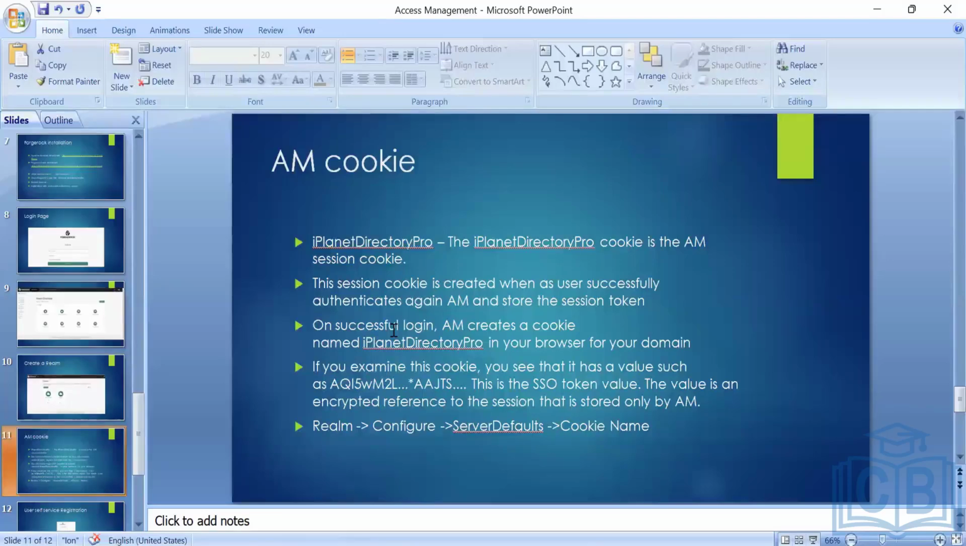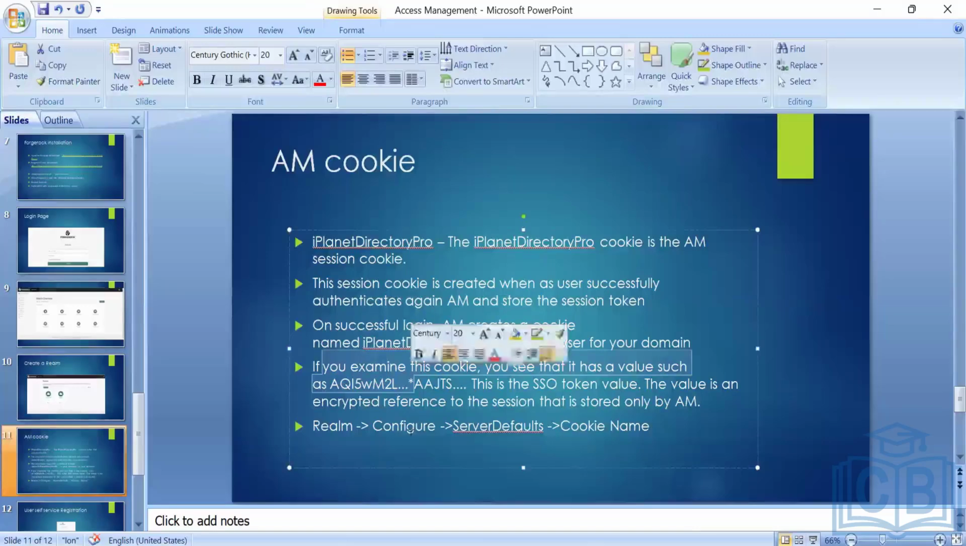So on successful login, it creates the iPlanetDirectoryPro cookie in your browser with a value like this, and this is stored only by AM. Let me show you where it's stored, and we can change the name as well. iPlanetDirectoryPro is the default name. In interviews they ask what the default session cookie is, what cookie gets created